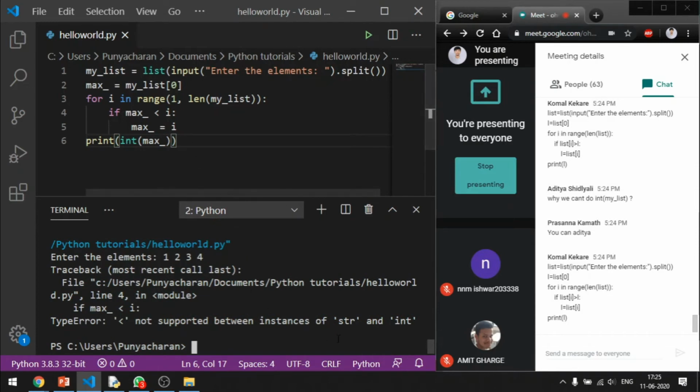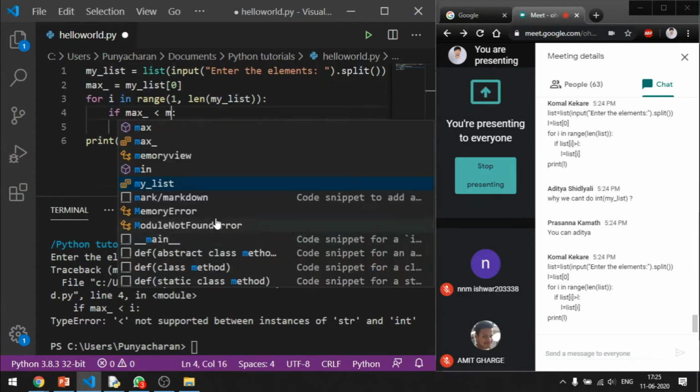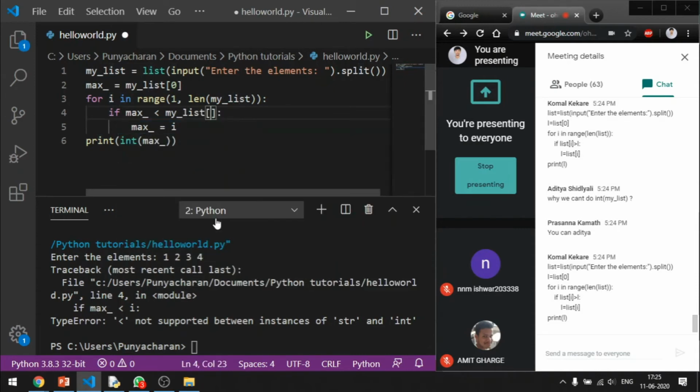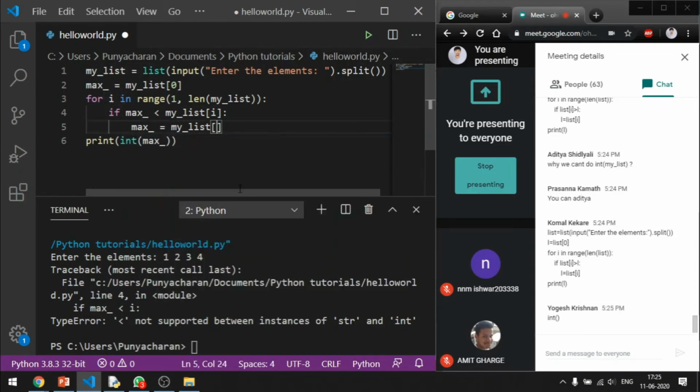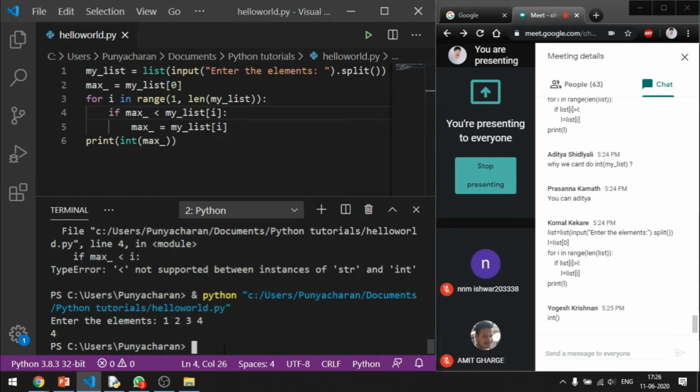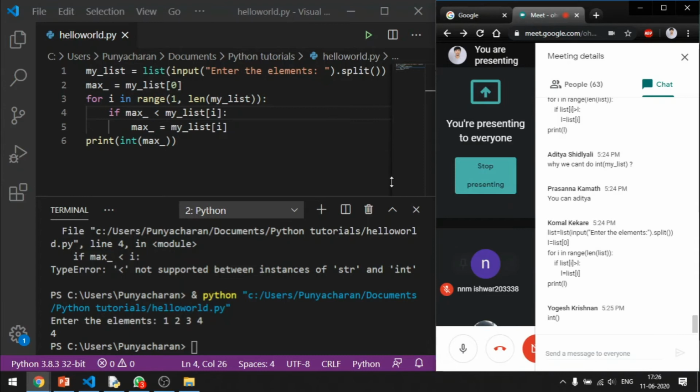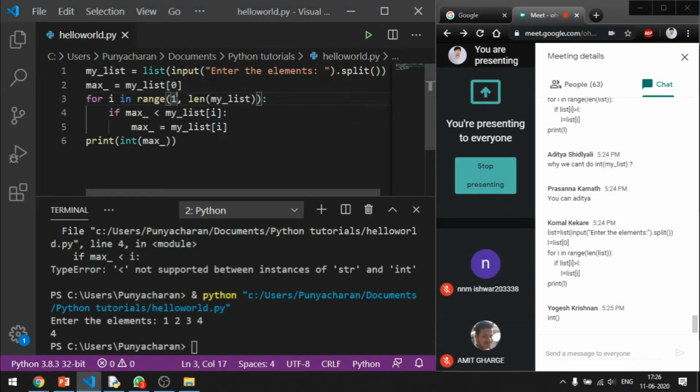Replace this with my_list of i. Perfect. You have your solution. I just reduced one iteration. Efficiency, people. You need to check for efficiency.